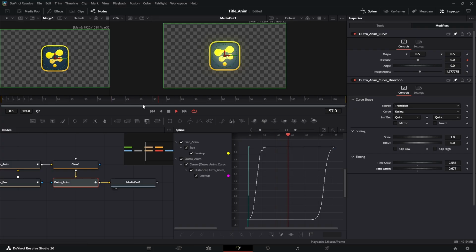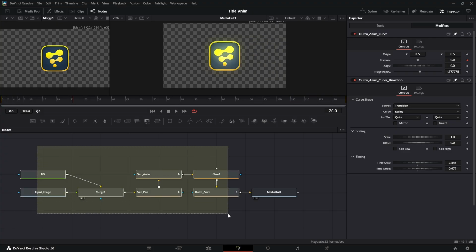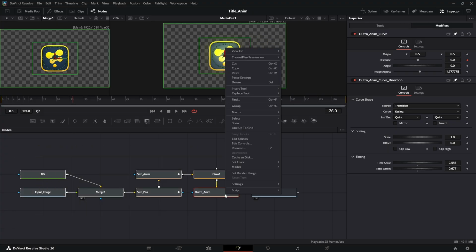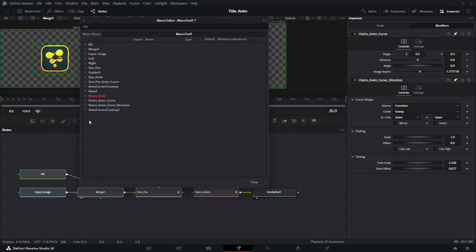The best part, the entire animation is working perfectly without any single keyframe. Now it is time to export this entire setup as a macro. Select all the nodes together, right click and choose create macro. We have to be very careful in this step to ensure we only expose the necessary parameter for the edit